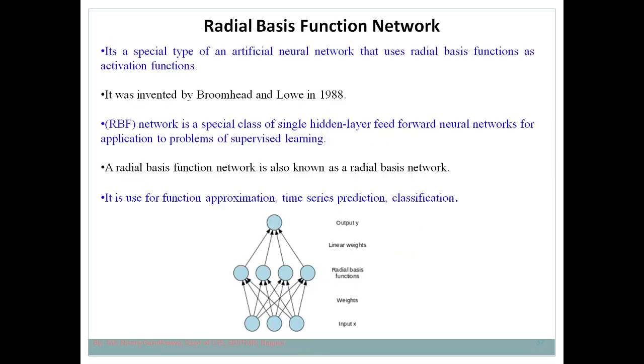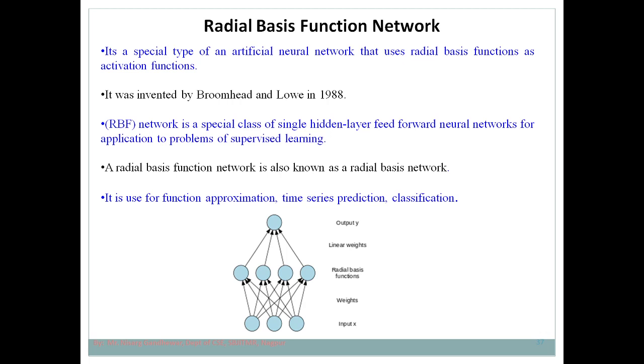So we can say that the radial basis function network is a special type of ANN that makes use of a radial basis function as an activation function, because we have seen when we discussed the architecture of artificial neural network, at that time I told you about the activation function. Why do we require an activation function? In order to bring the non-linearity, or in order to normalize the output in a specific range, that is in the range of -1 to +1, we require an activation function.